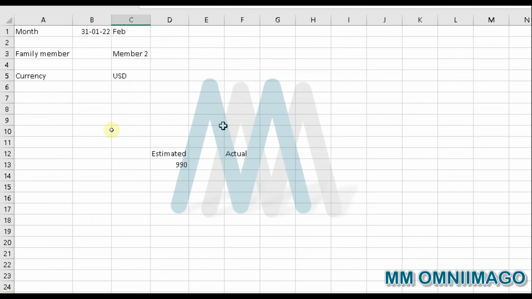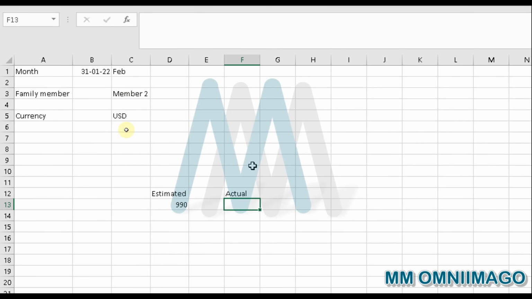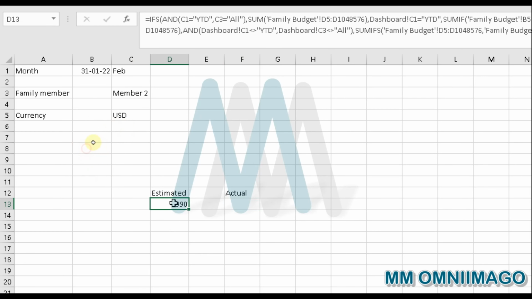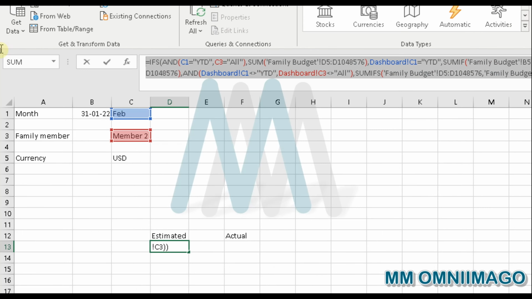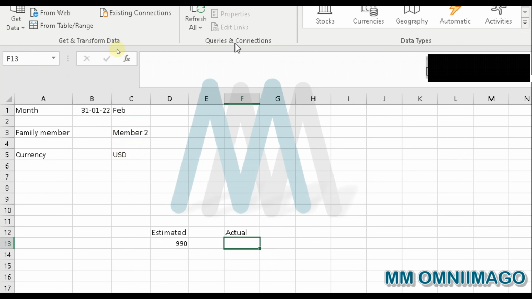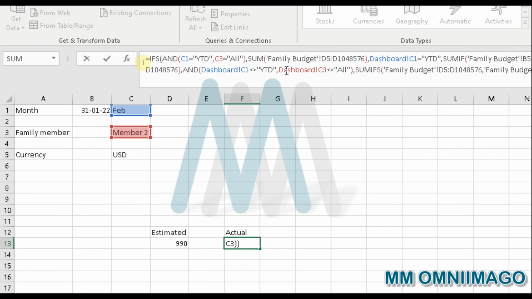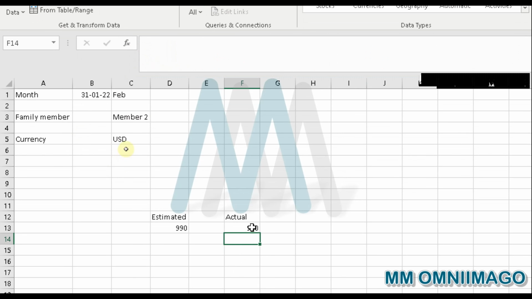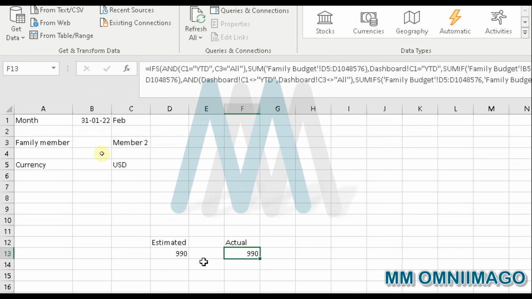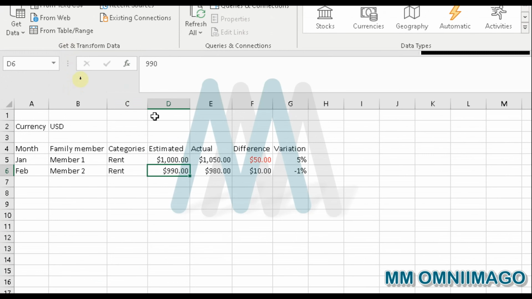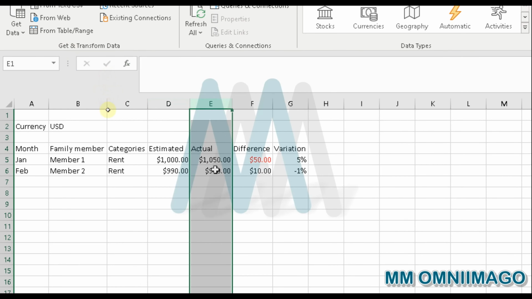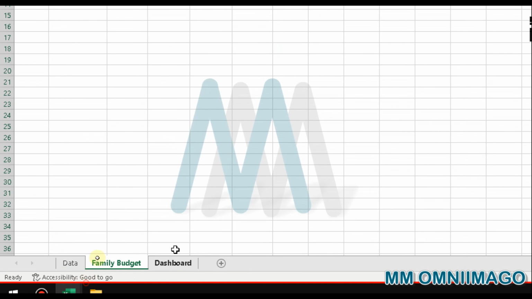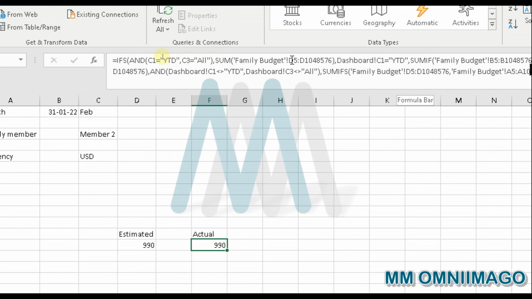What we can do now is, for the actuals, instead of building the same formula from scratch, go here, go till the end, copy our entire formula, Control C, then press enter, and here let's paste it, because we only need a difference. Wherever we had, let me press enter, now are equal but incorrect. Whenever we have the column D, which was standing for the estimates, we need to put the column E, which are the actuals. So what I need to do here is get back to my formula and change